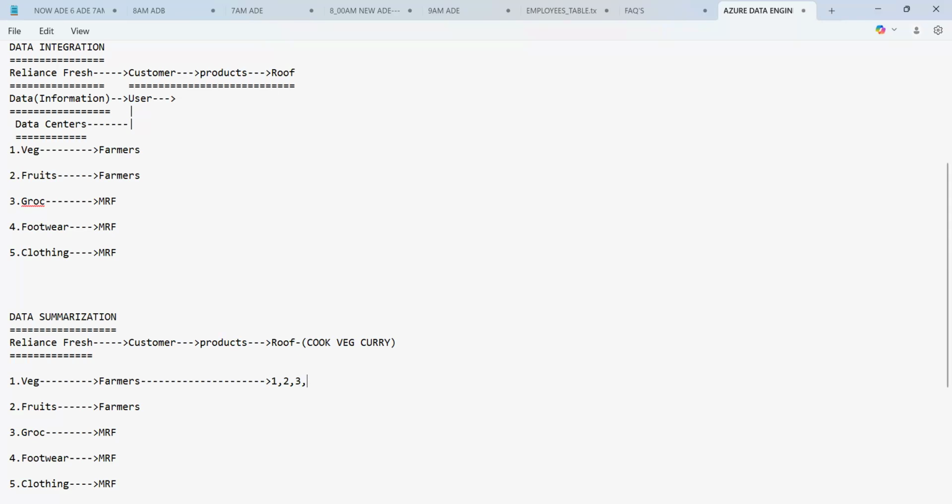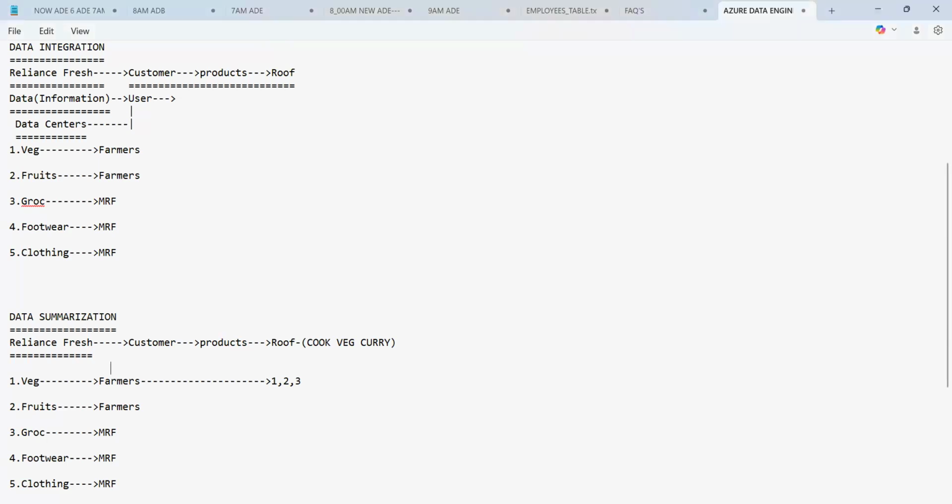But to prepare the vegetable curry, do you require the footwear, guys? No, you don't require. Do you require the clothing? No. Not required.